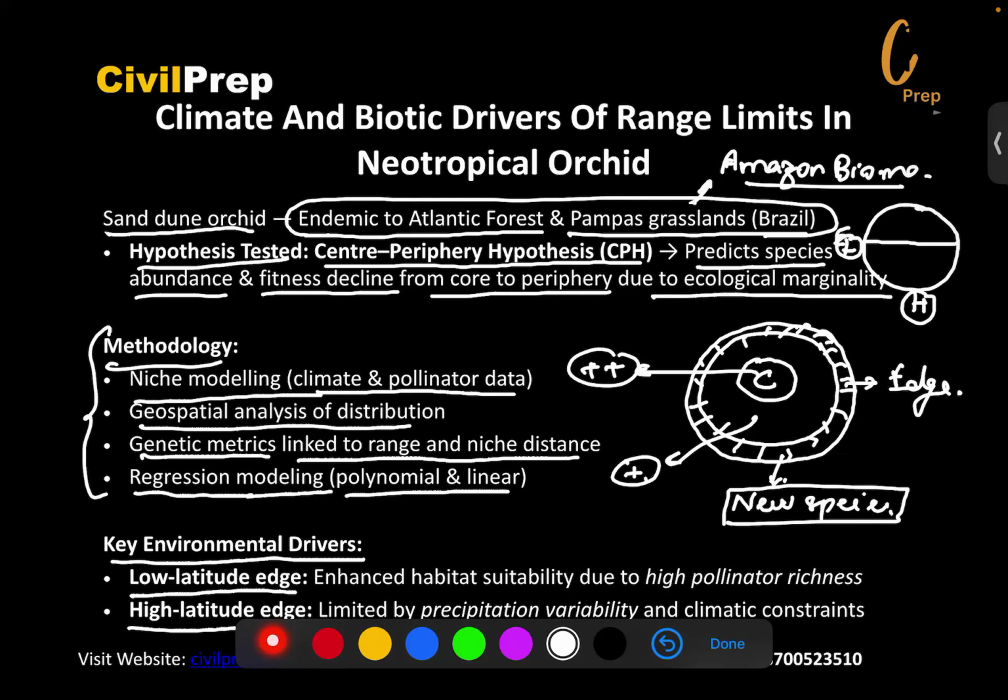Here we see that the majority of the species are found near the equatorial region, where the species richness is high. While when we move to the polar areas, or the high latitudes, here we'll be seeing that the species